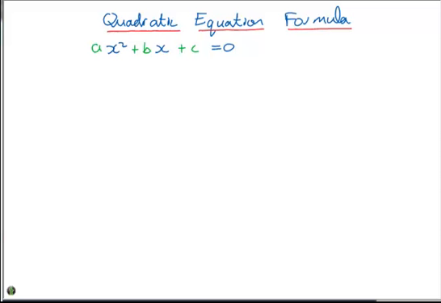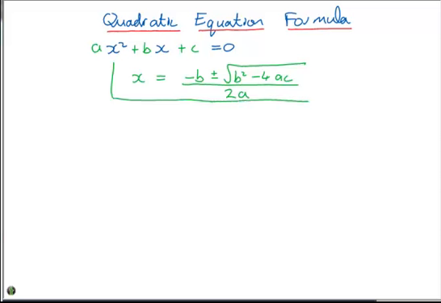Now, if this is equal to 0, the answers for x are equal to minus b plus or minus the square root of b squared minus 4ac all over 2a. And we'll be using this equation a lot in the next few classes. So I'll just